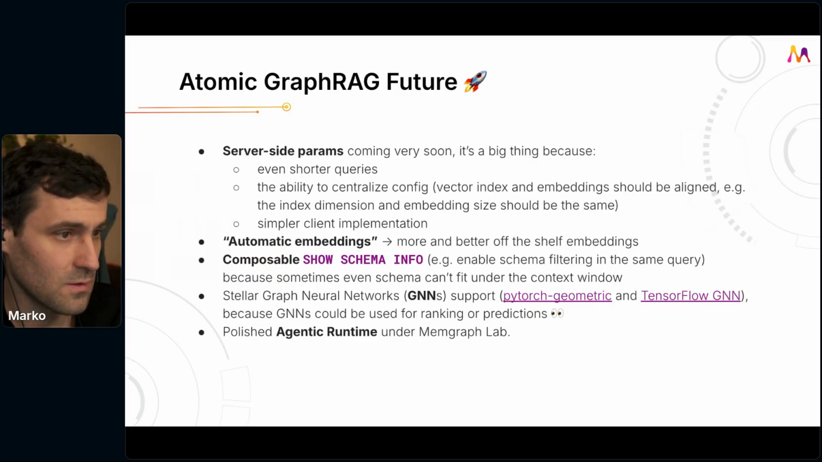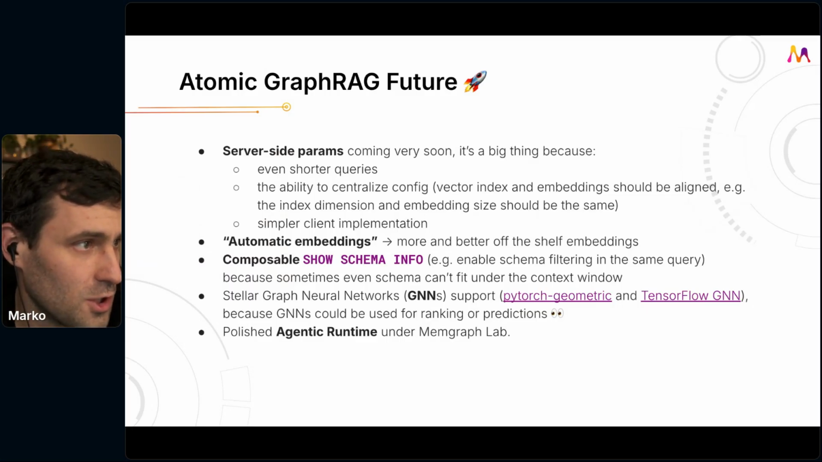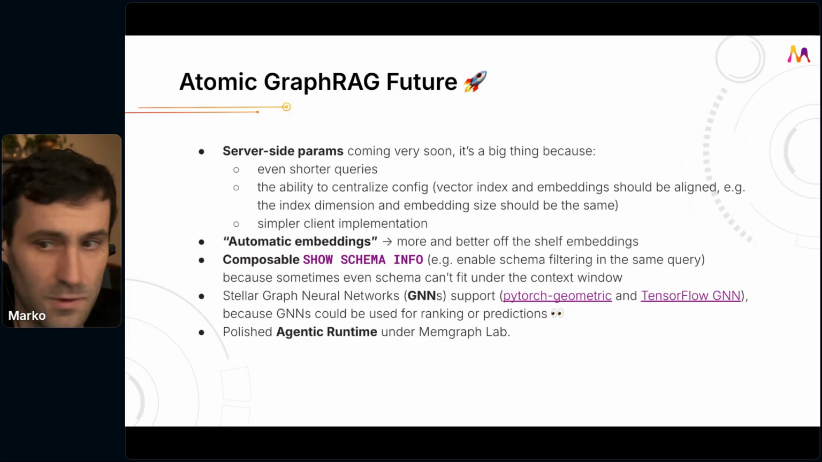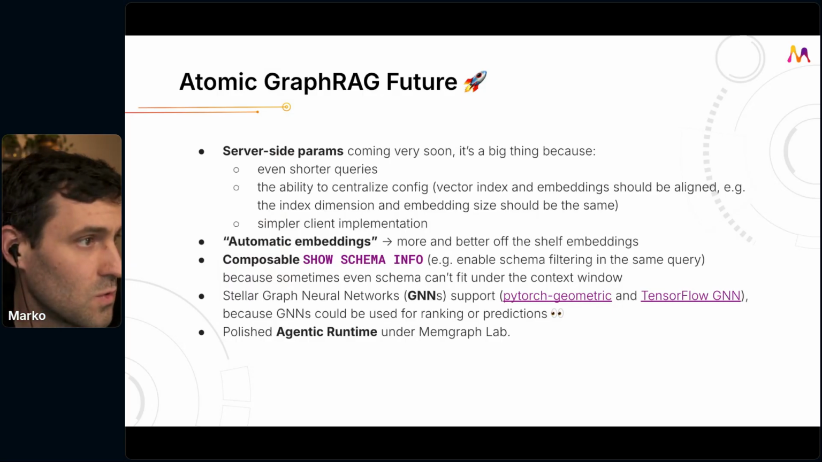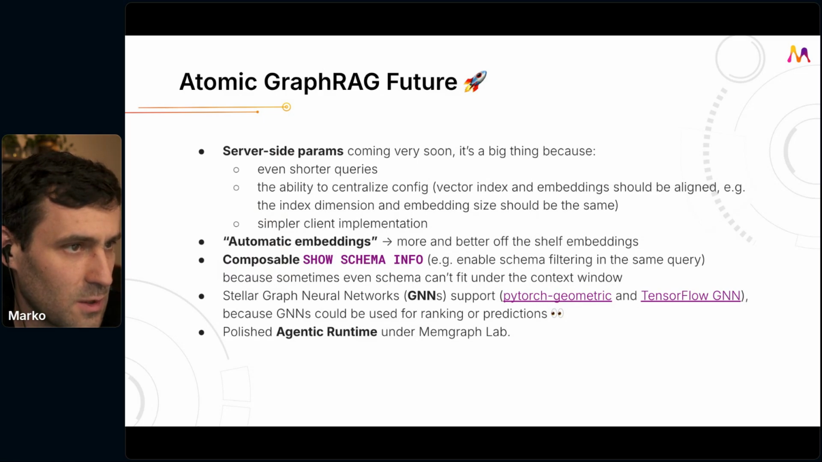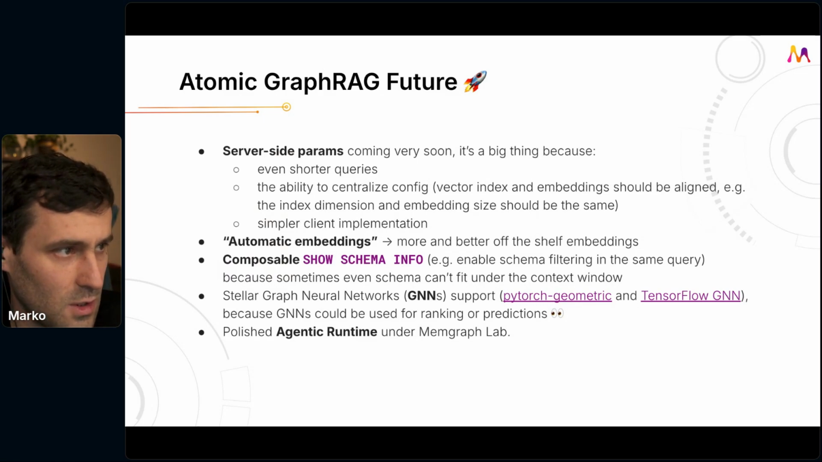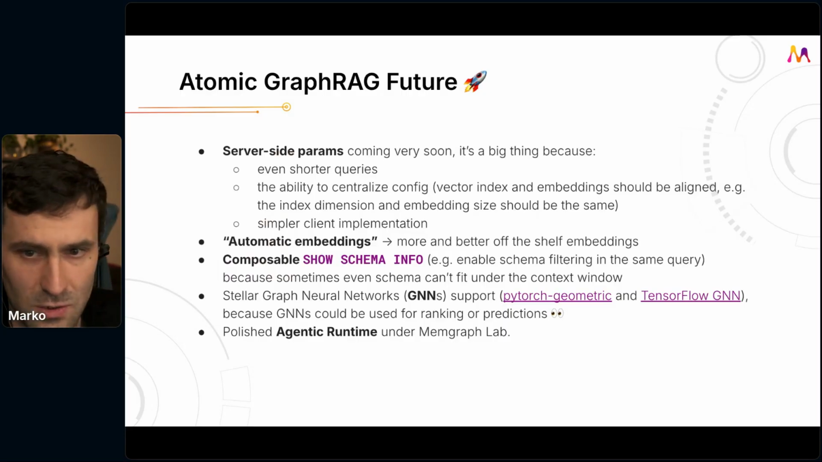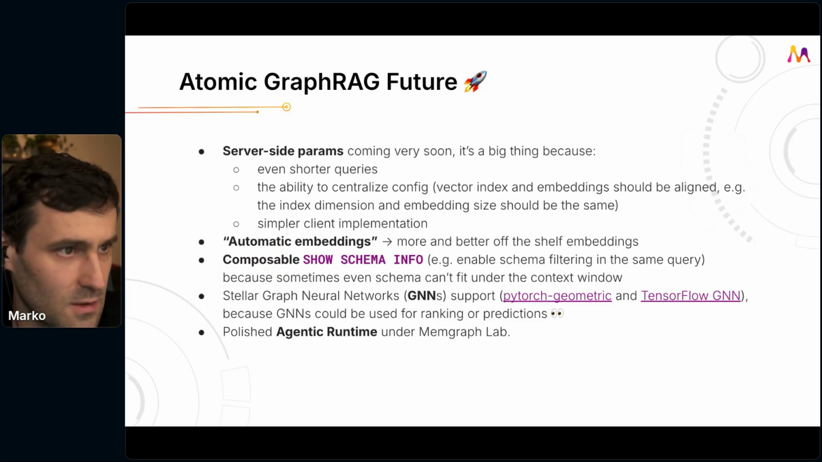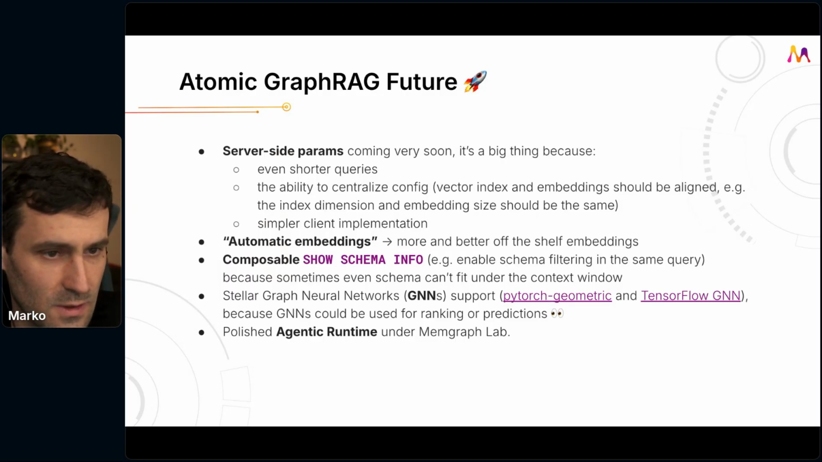And then in terms of the future, how that will evolve. So I already mentioned server-side parameters that will come very soon. It's a big thing because it will allow even shorter queries. There is also the ability to centralize config, and that's actually how we started the whole thing, because